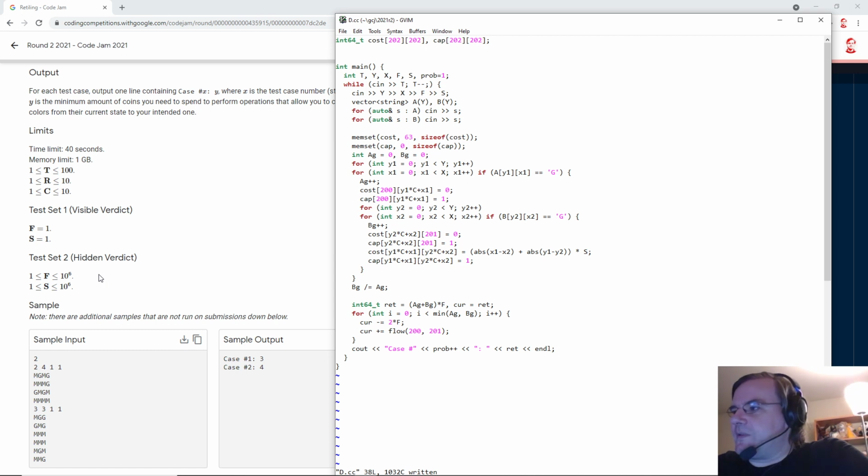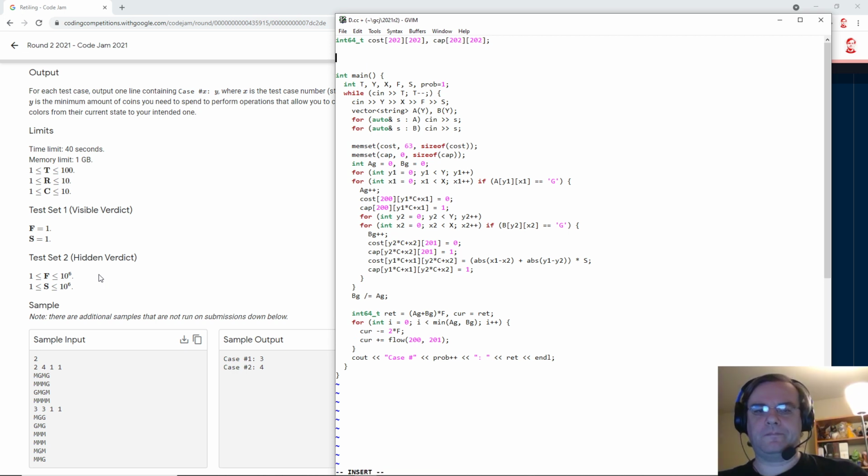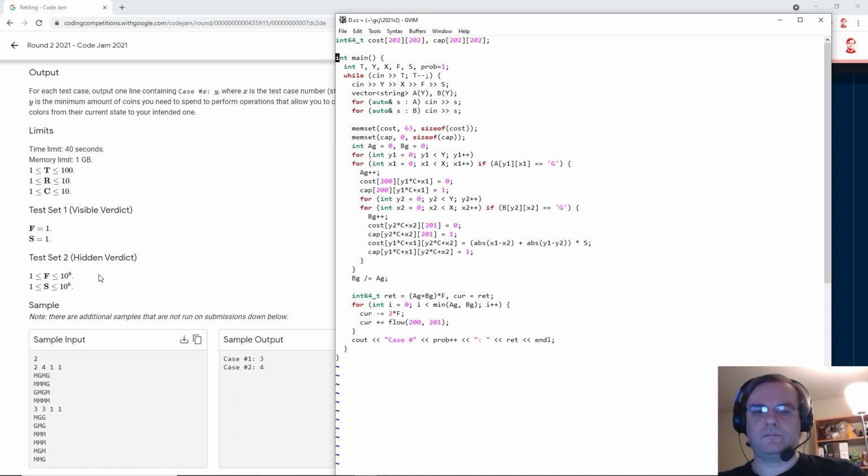Normally I like to do flow as a DFS, but I can't in this case because I need the min cost flow. So I might as well just do it in here.